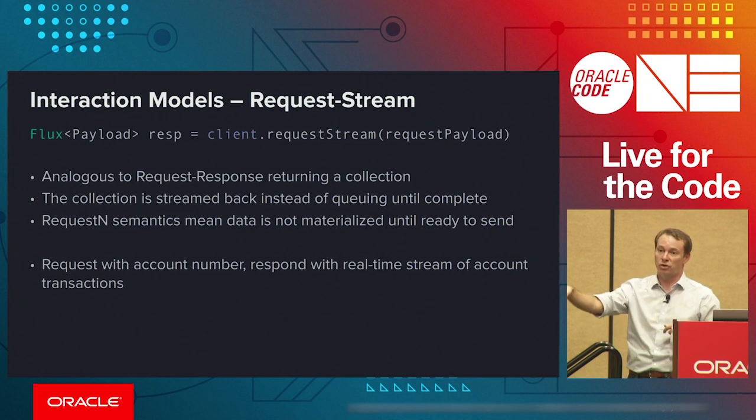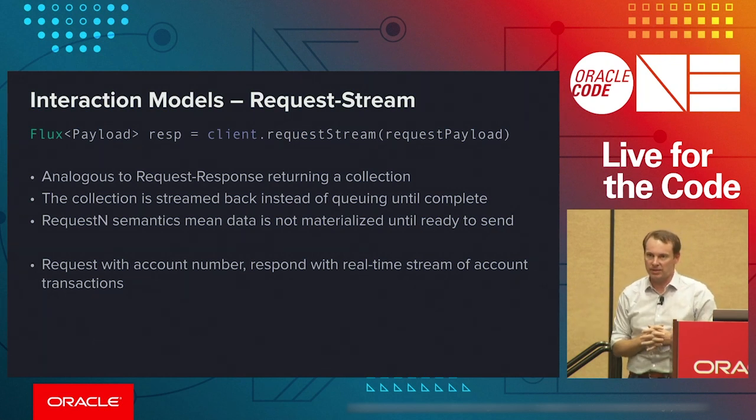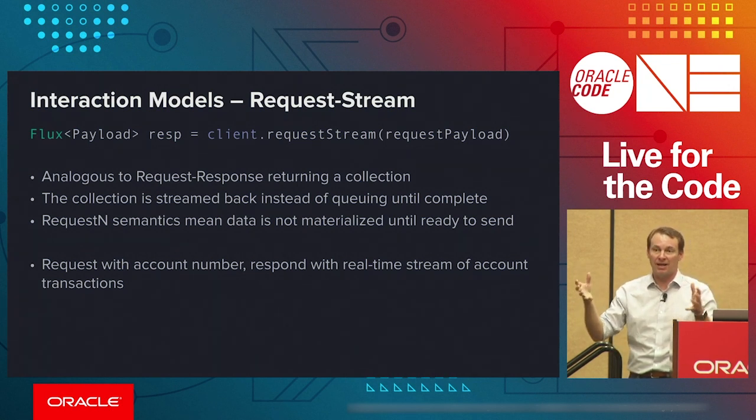And I want you to return me all of the customers for my entire bank, or in this example, all of the transactions in my entire account since the beginning of time, right? If the database has to materialize all of that data, even if you take it as fast as you can, it can't send all that data across a network connection. There's a period of time where a lot of data has been materialized on the server that's occupying resources that it can't get off. So in this case, we use request end semantics to say,